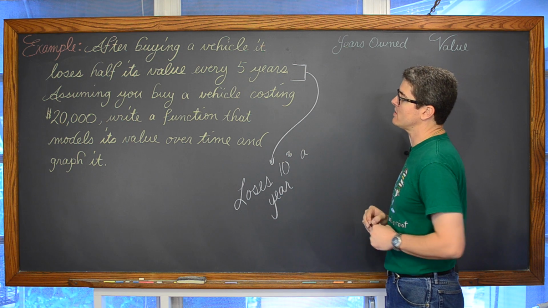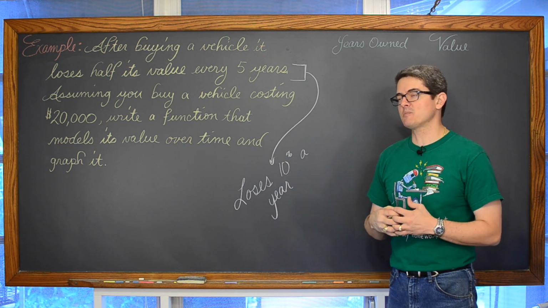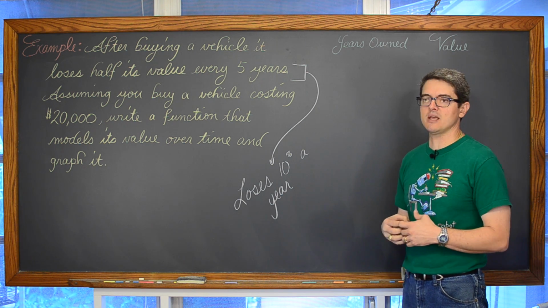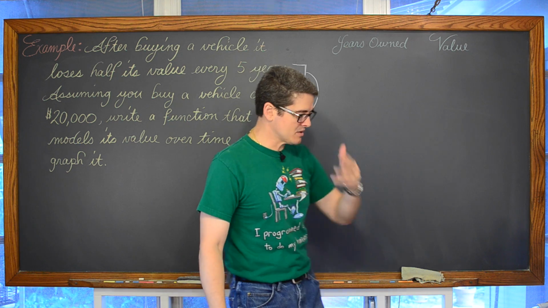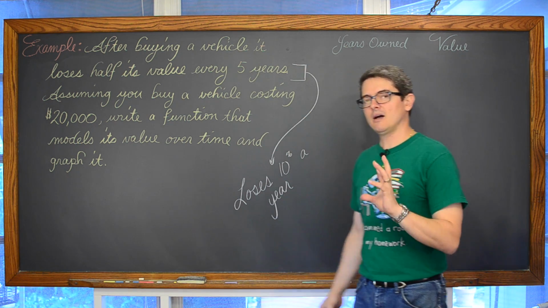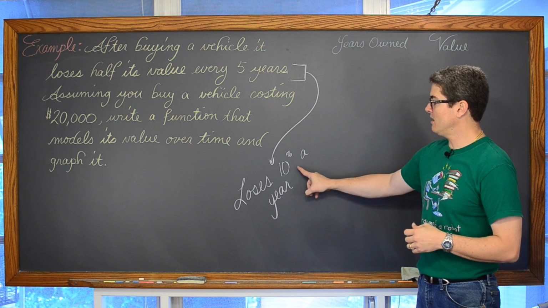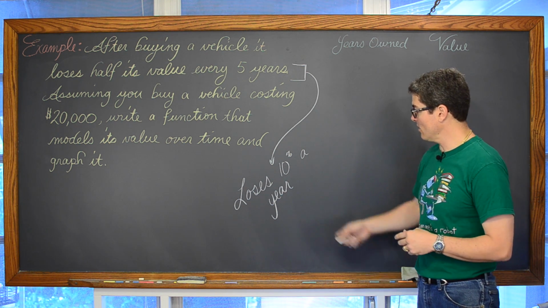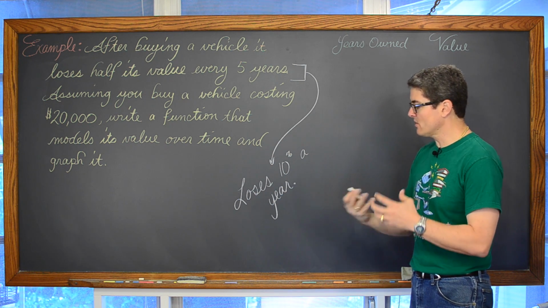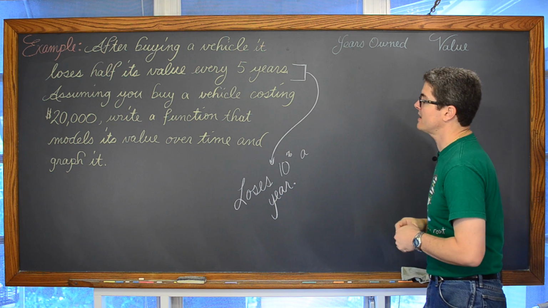And we are going to work this all out, but I was thinking about how I was going to explain this problem without just saying, well, here's a formula, let's use it. I wanted to create a table of values. And then as I was thinking about how I was going to explain it, I thought I might want to help you set up a slightly easier problem first, which is we're going to say that it's losing 10% a year. And look at how we would set up that formula and then move into this slightly more complicated setting.